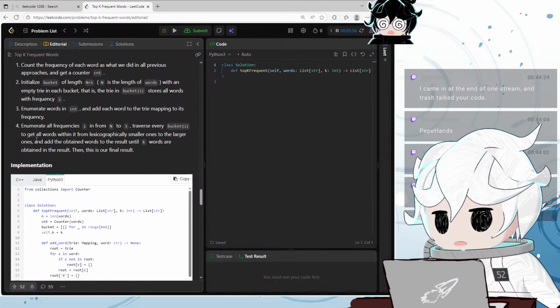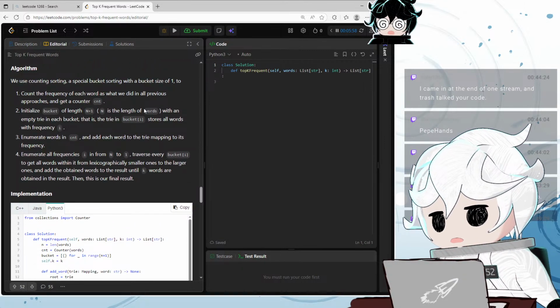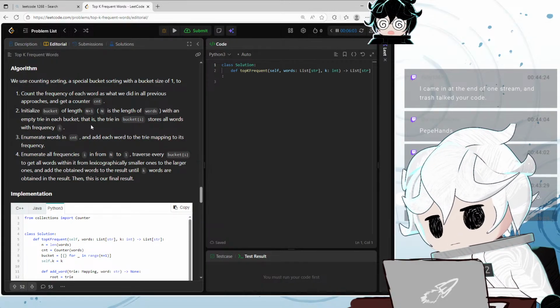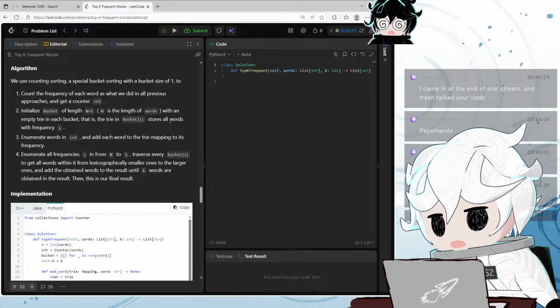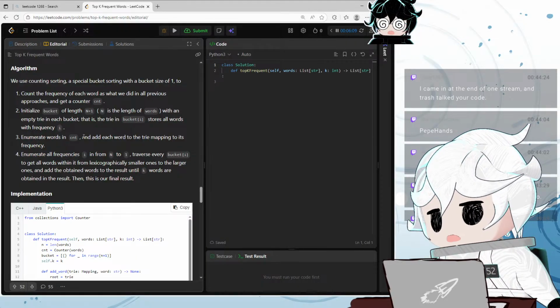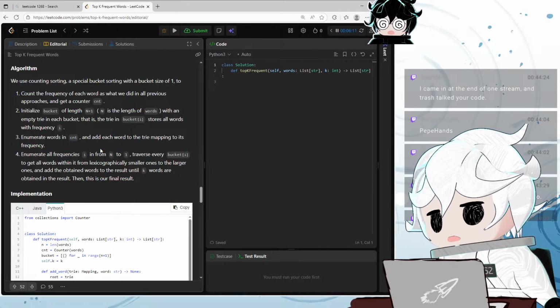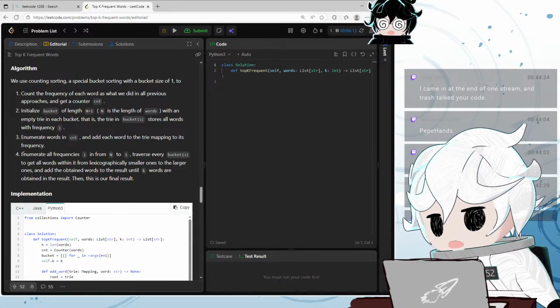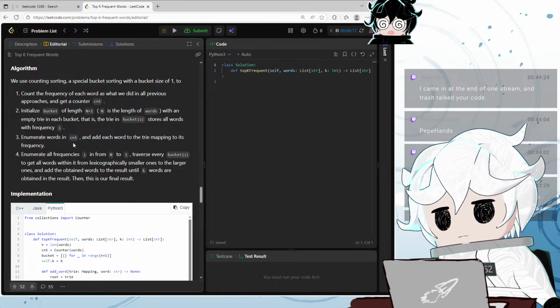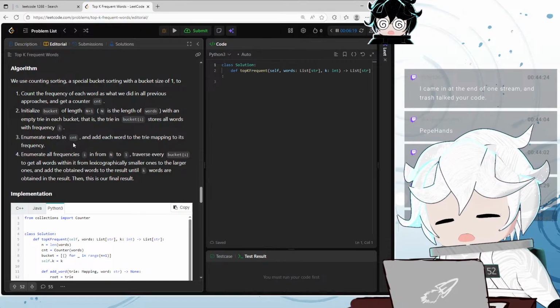Initialize a bucket of length n plus 1, where n is the length of words, with an empty trie in each bucket. That is, the trie in bucket i stores all words with frequency i. Enumerate words and count, and add each word to the trie, mapping to its frequency. I see, so at this point, you still do processing